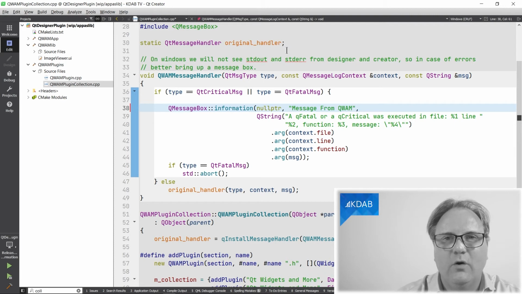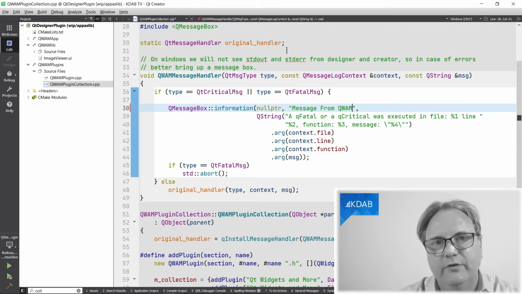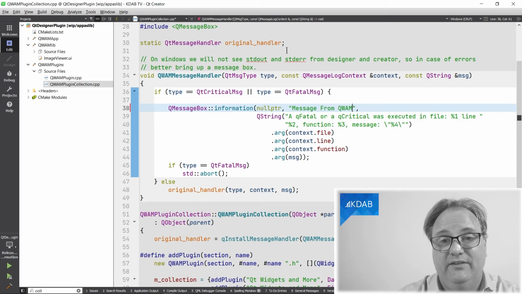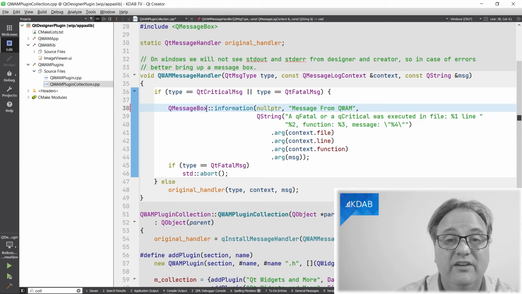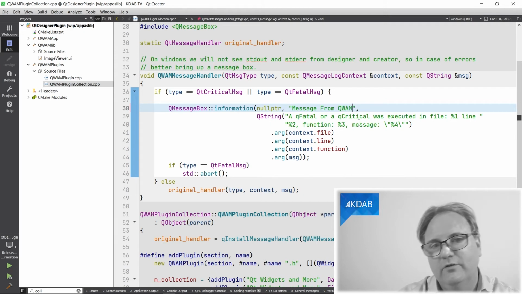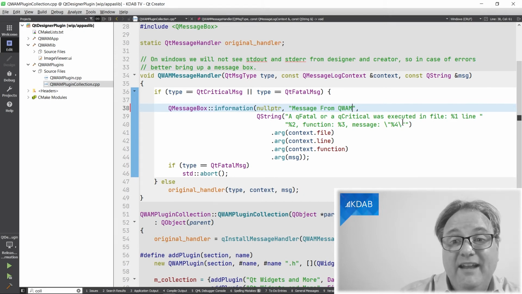But when is the message handler called? Well, message handlers are called whenever a qDebug, qWarning, qFatal, or qCritical are being executed. And in that situation, what happens is that this code here is being executed. qDebug and qWarning, I don't care about those in this context, so I'll just go for the critical and the fatal. If a qCritical or qFatal is called, then I'll bring up a message box with the information: if qFatal or qCritical was executed in file, whatever file, line, whatever line, function, whatever function, and the message was.